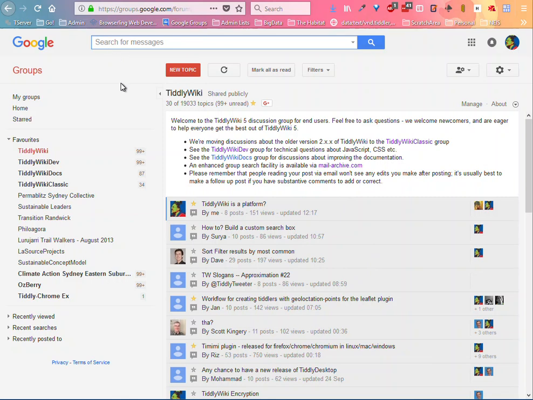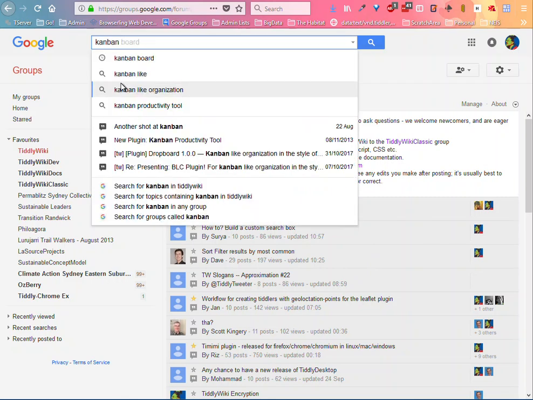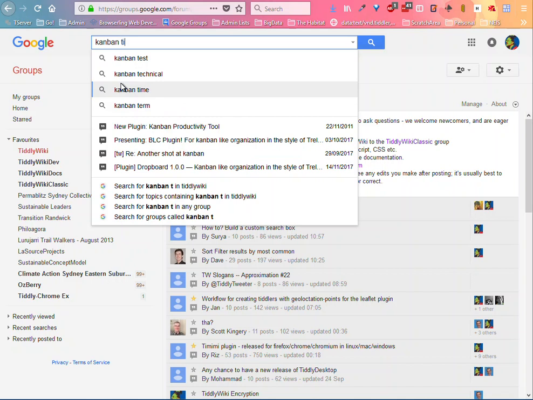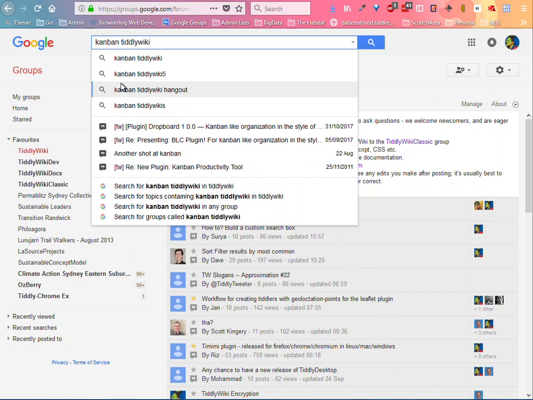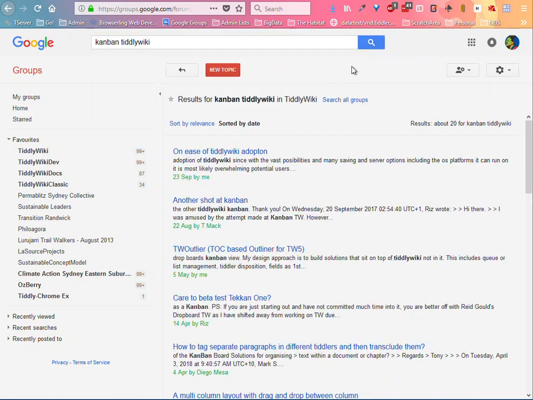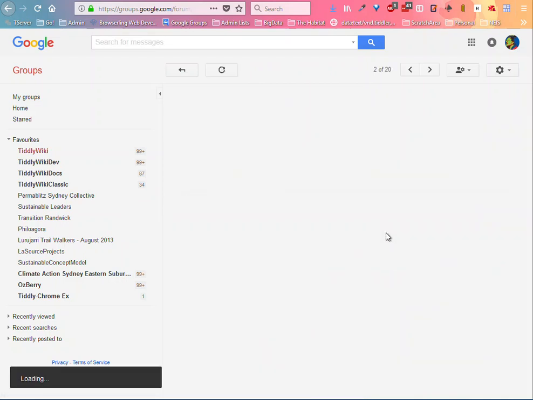So let's just take an obscure thing, Kanban, which is a bit like Trello, if you've used that, or in an organization you've used Kanban boards to do your thing, and then use this nice little unique name that very few people mention unless they know what they're talking about, and we can search for Kanban TiddlyWiki either on the net or here, and we immediately see that someone has done a Kanban solution. And when we go to that,